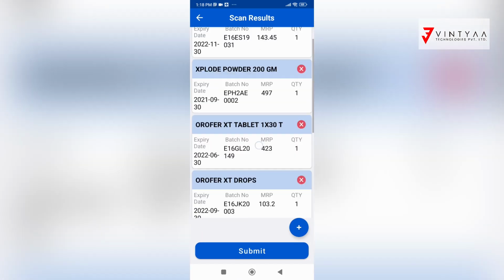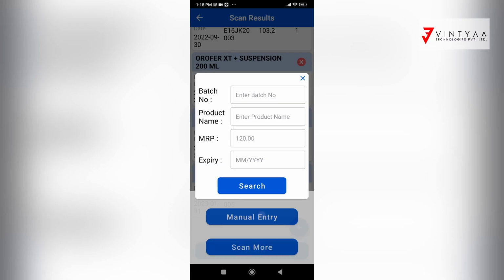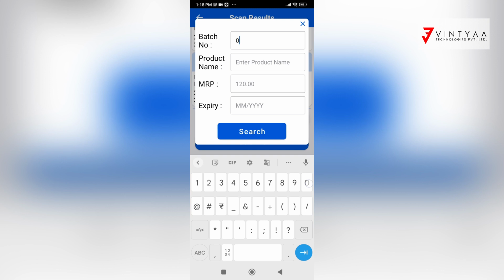So this is the list which we have scanned. We have also given a very easy option of entering the medicine manually, in case it is not readable. We just need to enter whatever readable part of the batch there is. I can see only the last 3 digits, which are 0002,